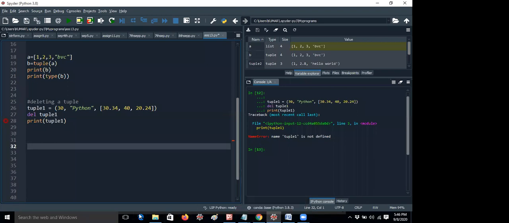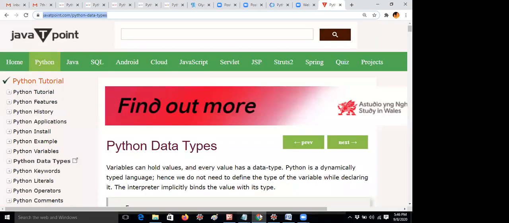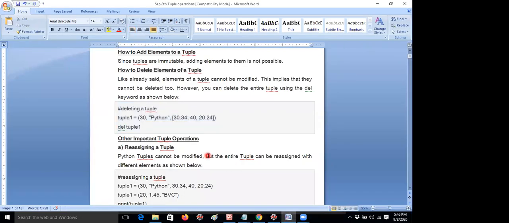So let me give this. By using a for loop it is possible. Some student is asking a question about that. By using a for loop you can print the elements, but I will not cover that topic right now, because for loops I think we will move to by next week.